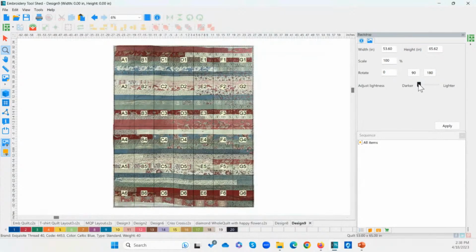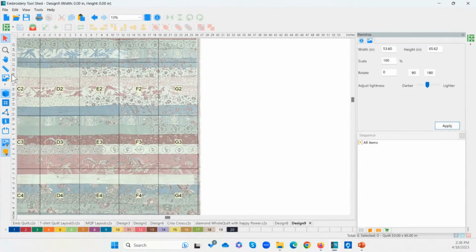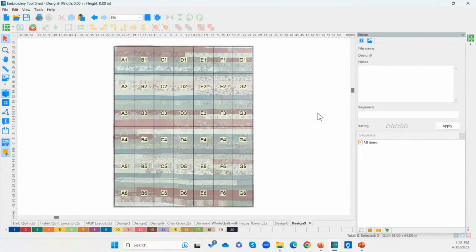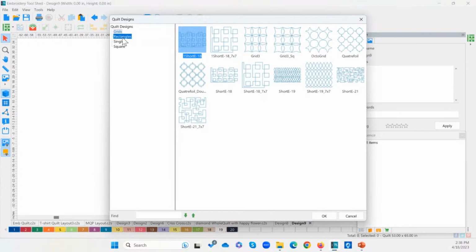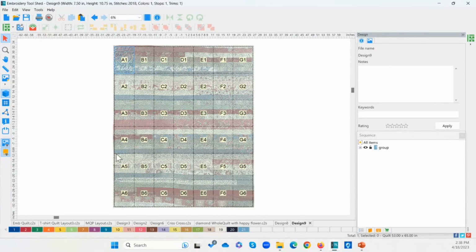And now you can see on my quilt, I'm going to click over here with my select tool, and then we can lighten up our background. And then we can kind of see what this is going to look like. Now, if you are designing for this hoop, then you could put an entire design in here. So I'm going to put a design that'll fill that entire area. So let's do this one here. And I'm just going to rotate this around so that it's the correct orientation. And then I'm going to click my fit to cell option, and it actually filled that entire area.